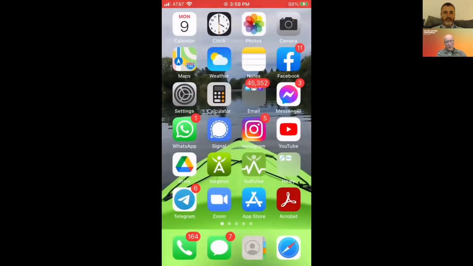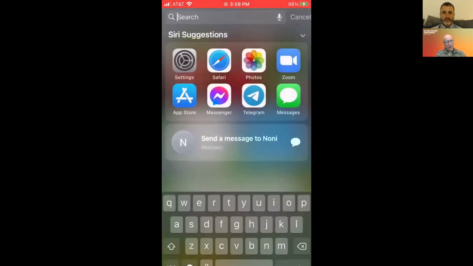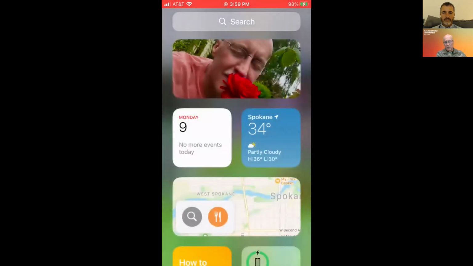You can't see me on this side, but I'm simply sliding my finger across while touching the screen. Correct. When I slide my finger from outside the border of my screen to the right, I move from page to page. If I continue doing that all the way through the very end of my pages,